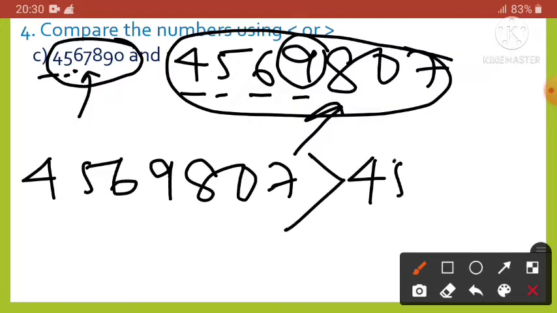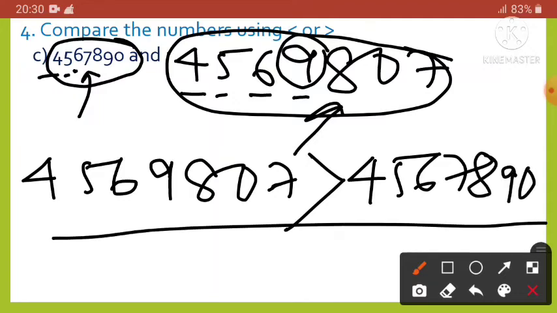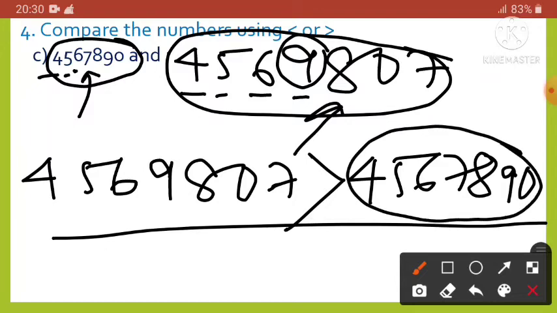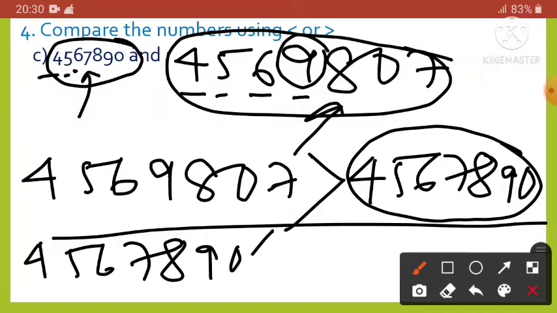Then we have to write another number, that is 6 7 8 9 0. Okay, got it? So we can write like that way. Otherwise we can write using the lesser sign. Then we have to write it first because it is smaller. So you can write 4 5 6 7 8 9 0 less than, which is bigger, this number. So you can write like that way,